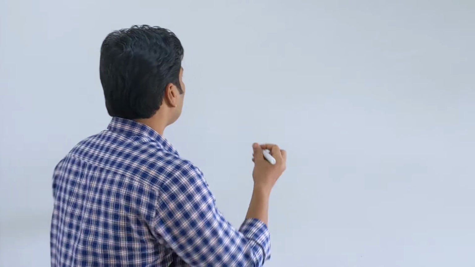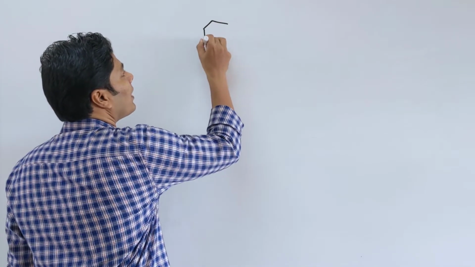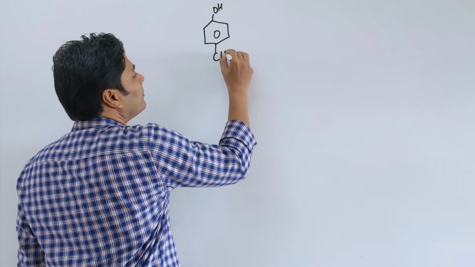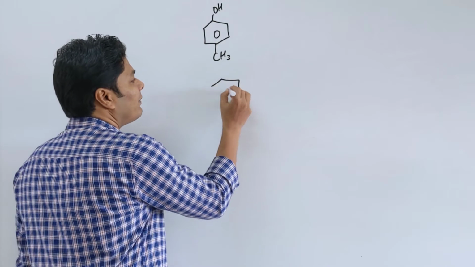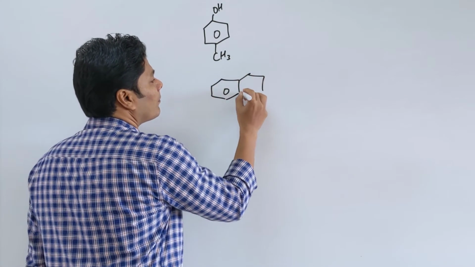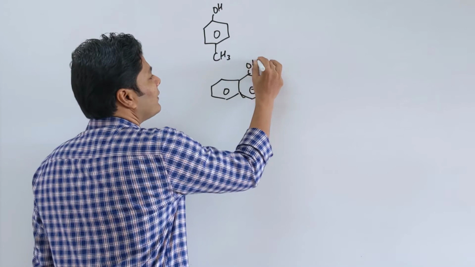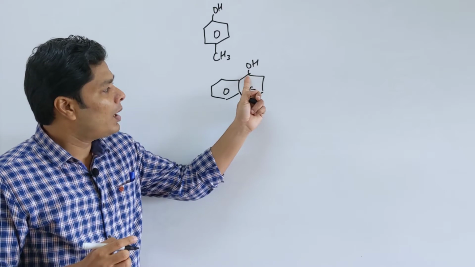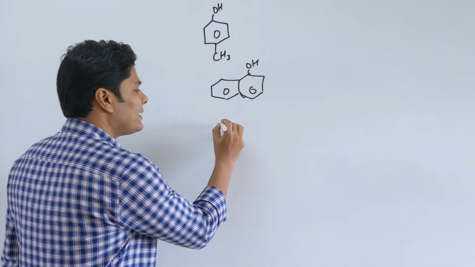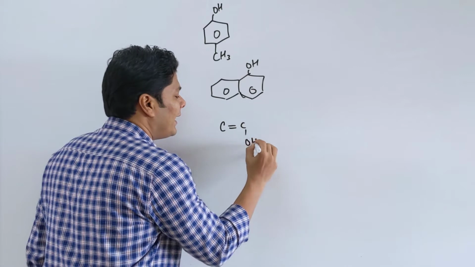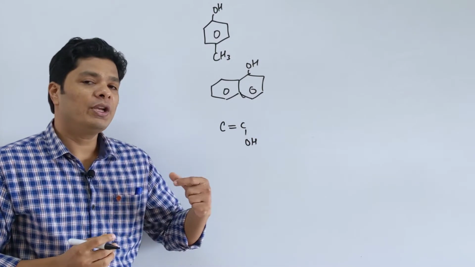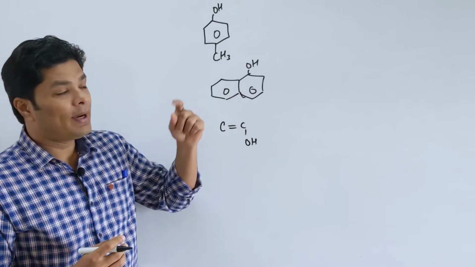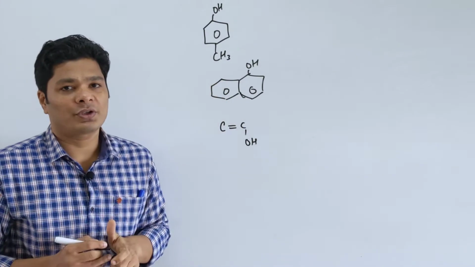For example, we can even have cresol, which will also give it, and we can also have naphthol. All of these will answer neutral FeCl3 solution because of the OH functional group attached to a carbon that has a double bond. So anything that has an enol functional group will answer neutral FeCl3 solution. You don't need to know the reaction, just know that neutral FeCl3 solution answers it. For you guys, mostly this is important: it is a phenolic functional group.